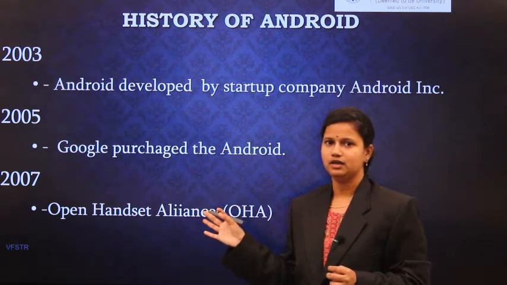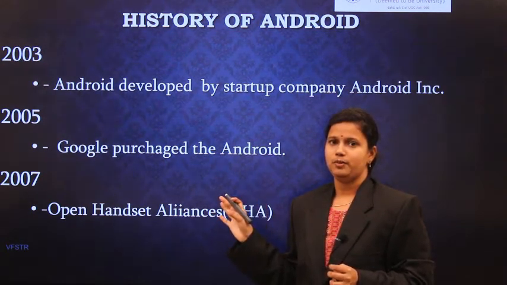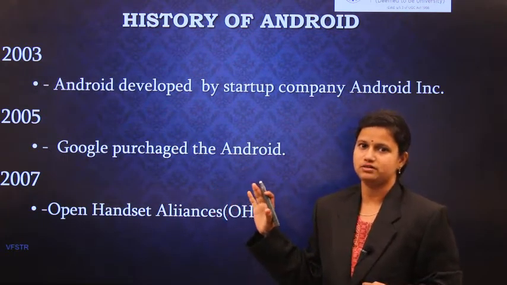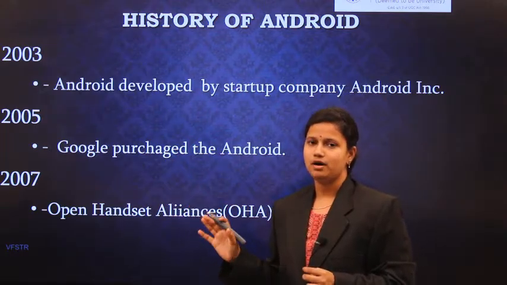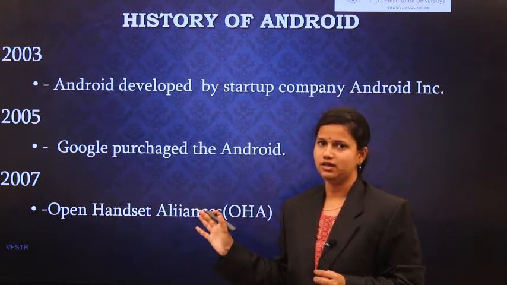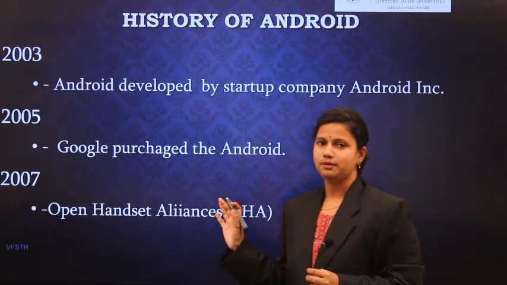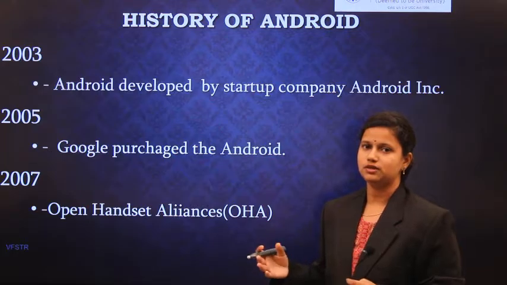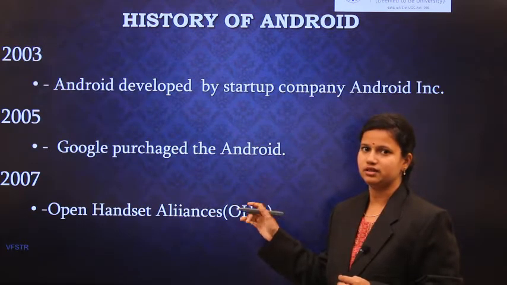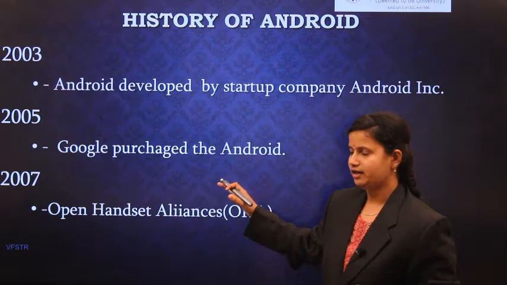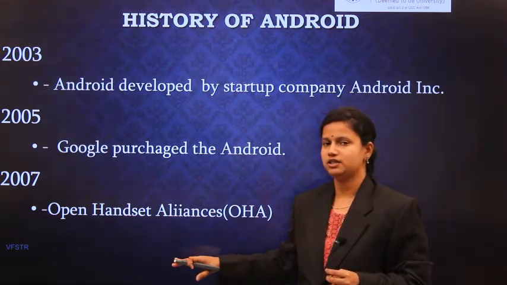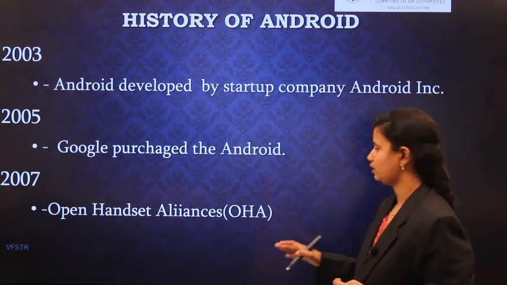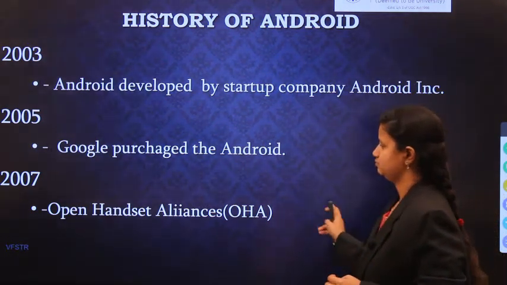Google purchased Android, but released it on the open source Apache platform, where the full version of the code is available. But people were still not interested in using this software, and usage did not increase on that platform. That's why Google launched the OHA platform in 2007. The OHA is nothing but a community of people who are developers.